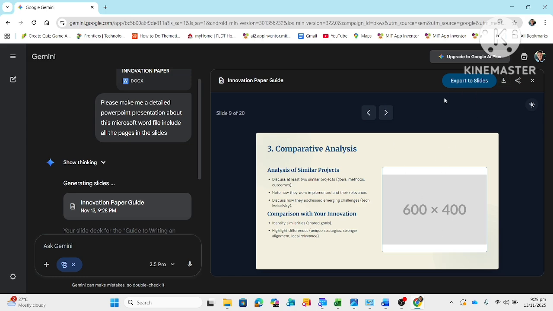Okay, so paano natin lalagyan ng picture? So first we have to export it to slides, to Google Slides. So it's now creating slides right here. Just click lang po yung export to slides. And then if you can check right here at the bottom left corner, it shows here creating slides. Just wait lang po until it's done and hit to open your Google slide. All right, so it's here already.